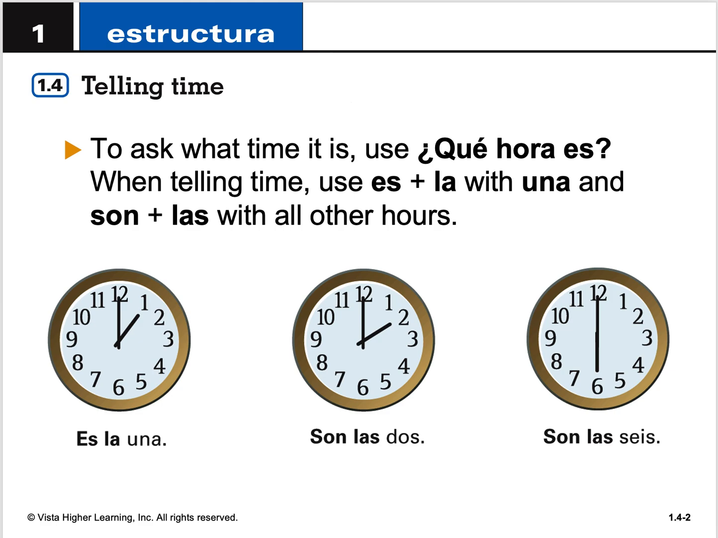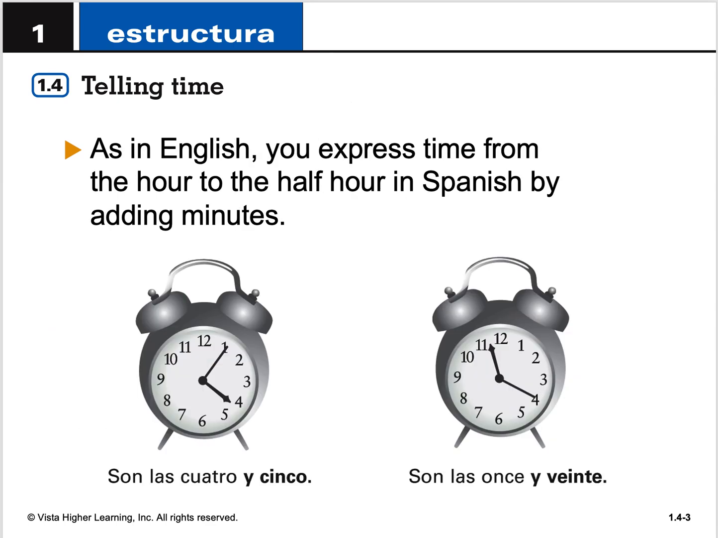So if it's 1 o'clock, I would say "es la una." One is singular. "Son las dos," two would be plural, and it would continue throughout the rest of the clock. "Son las seis." So when I have the singular 1 o'clock, that's where the difference is going to occur with the clock. So if I'm looking at time after the hour, I'm going to indicate how many minutes after